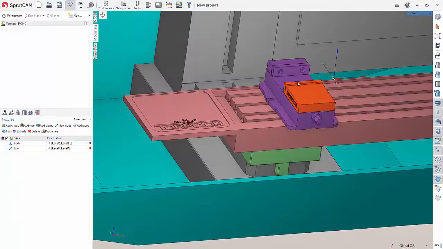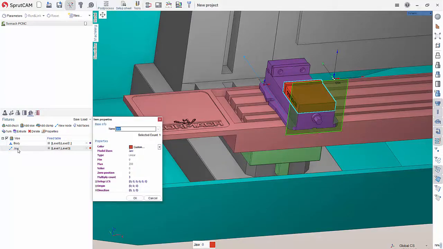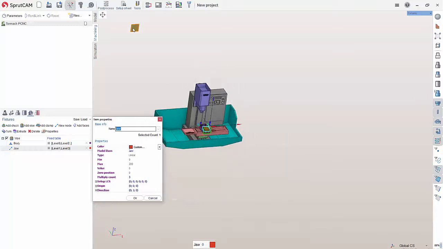All right, and let's now just adjust this jaw, because as you can see, we can send the jaw to places that it physically can't go. So let's highlight jaw down here and double click it. Or you can highlight it and hit properties. That will also work. So you'll see now that that jaw can go all the way to that point. It's defaulting to 200 inches. Let's make this